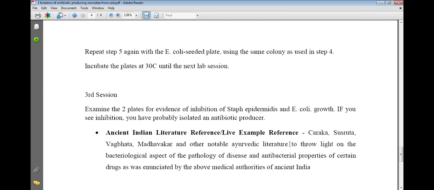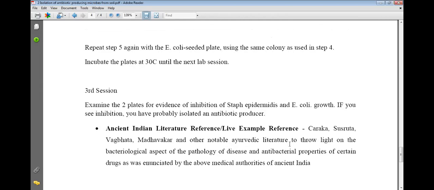Then further, in the third session, we examine the 2 plates for evidence of inhibition of culture growth of E. coli, and we have isolated particular